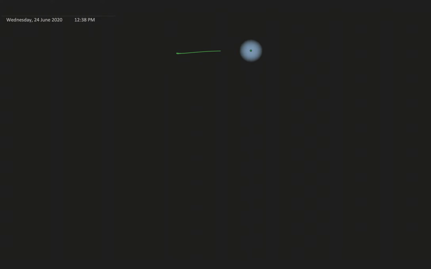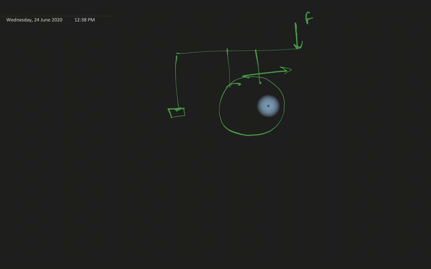Here this is my fulcrum, and this is the applied force F. Now for the clockwise rotation, the friction force is in this direction, so the applied force will be in this direction, and the moment of F is also clockwise, and the friction moment is also clockwise. So this will be my first option.